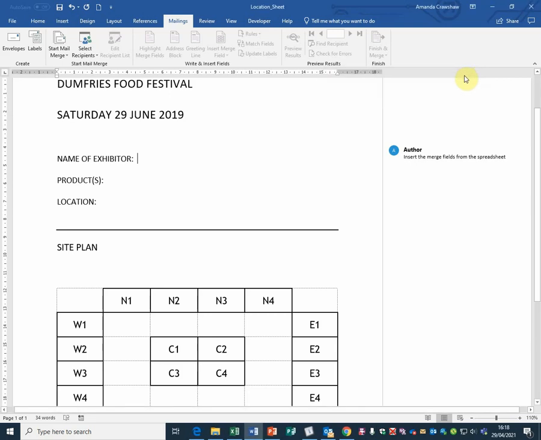We're going to look at mail merge using Task 9 from the 2019 National 5 admin assignment. The assignment is about Dumfries Food Festival, and for Task 9 you're to open the location sheet and you are to mail merge information. As you can see here, the instruction in the comment is to insert the merge fields